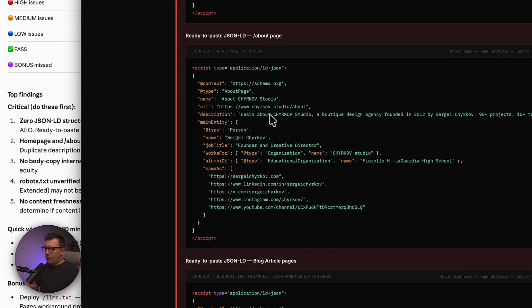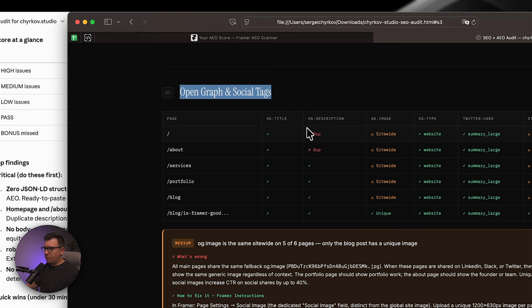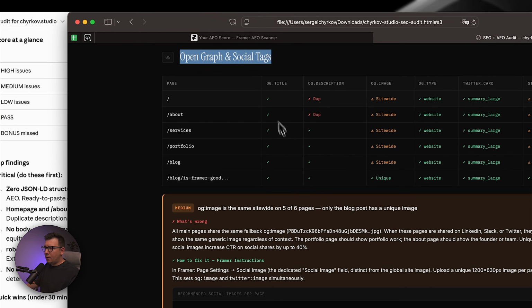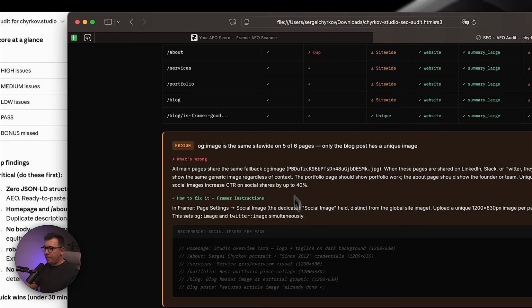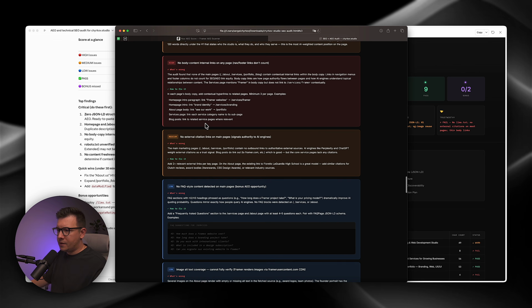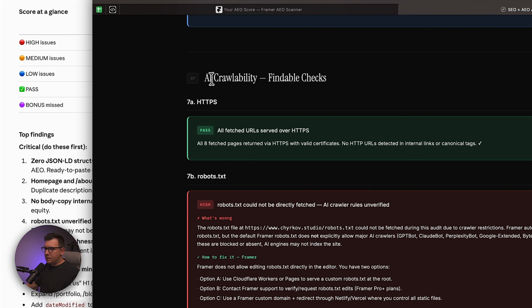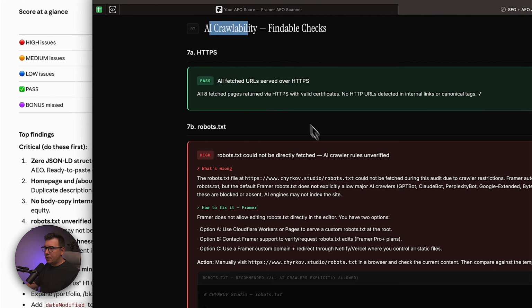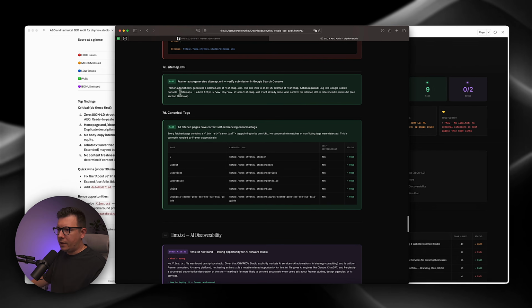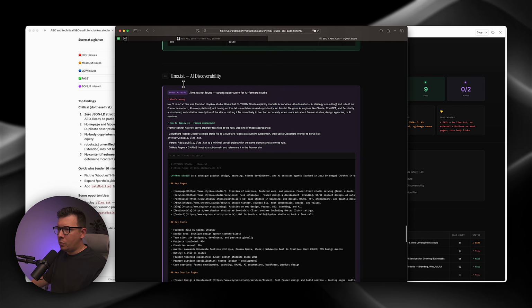If you're using WordPress, you can do it manually in the code of your template. Some of the Open Graph and social text, as you can see, we had some OG description missing here. The titles are good. Some recommendations, content structure. We can see that we have some things that can be fixed, so this is pretty cool. And this is for the AI crawlability. We pass all the fetch URL serve over HTTPS. The rest is fine. So it has the sitemap XML, canonical tag serve passed, and